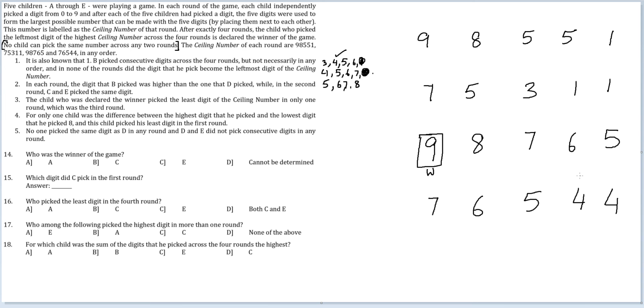Can it get 4, 5, 6, 7? So 4, 5, 6. 6 can only come here. 4, 5, 5. Where can it get 5? It can get it here. 7, where can it get? It cannot get 7 anywhere now, because you are told the digit that we picked never became the leftmost digit of the ceiling number, and the 7s that are available now are at the leftmost place. So these 7s are impossible. So this case is impossible. Okay. So let me just remove these B's.